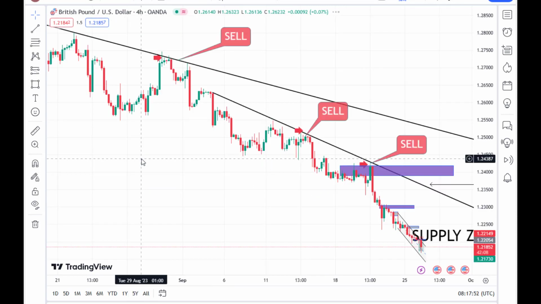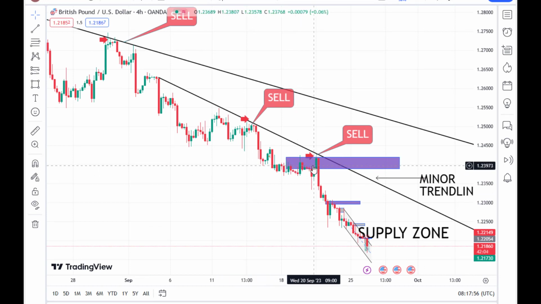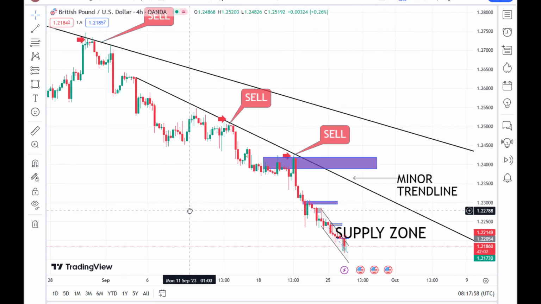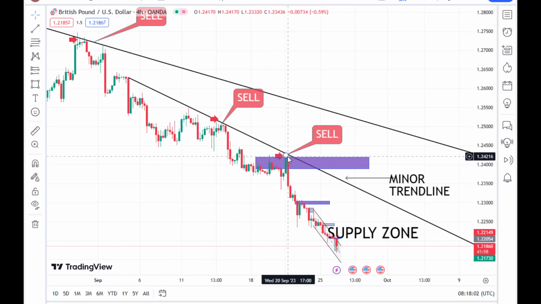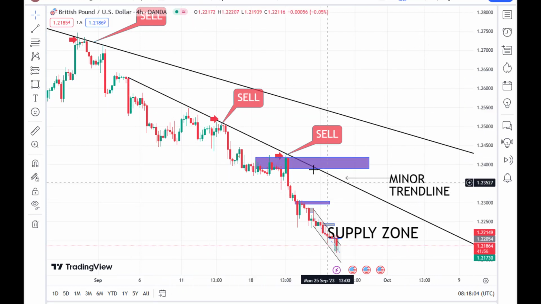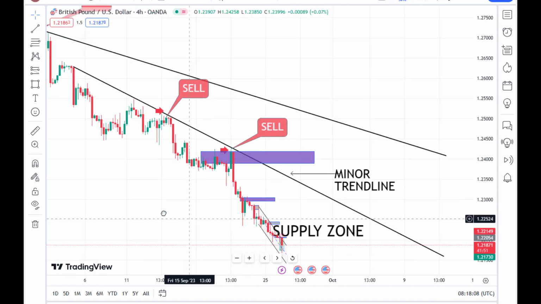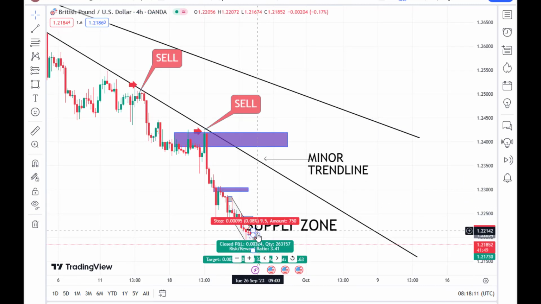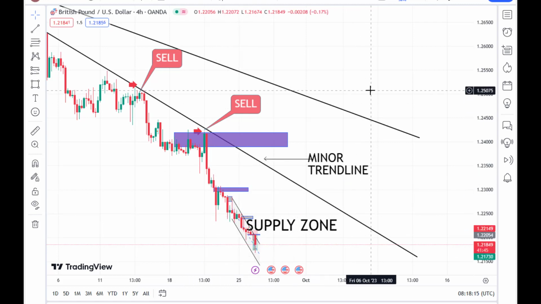So the 4-hour time frame in this situation will be the guide, right? So you see how price reacted to this trend line here. You know, we have to combine a couple of factors together, right? If you see that price is actually reacting from this key level which is also a major zone here, where price moved down rapidly, and in each swing, as you see, if you drop to a smaller time frame, if you see a single move like this in a smaller time frame,